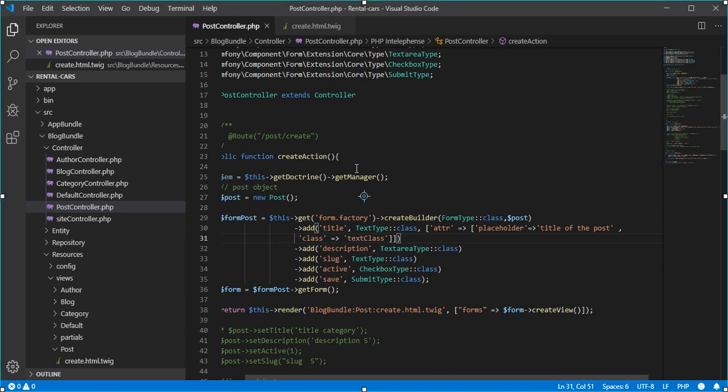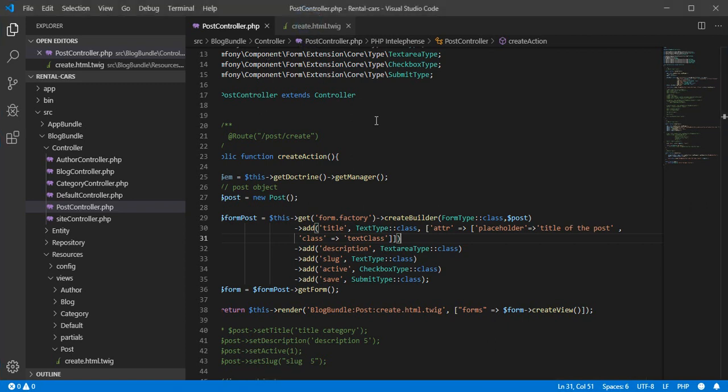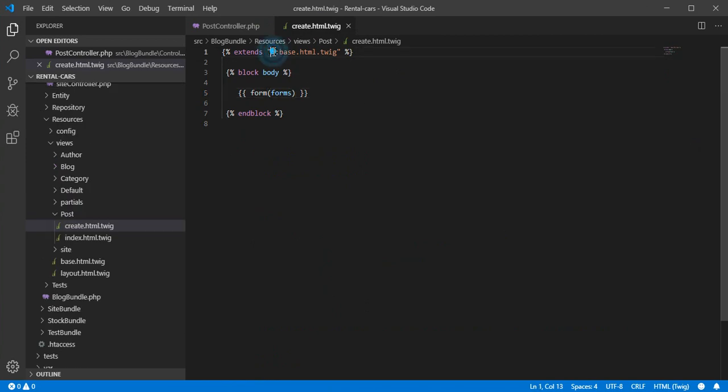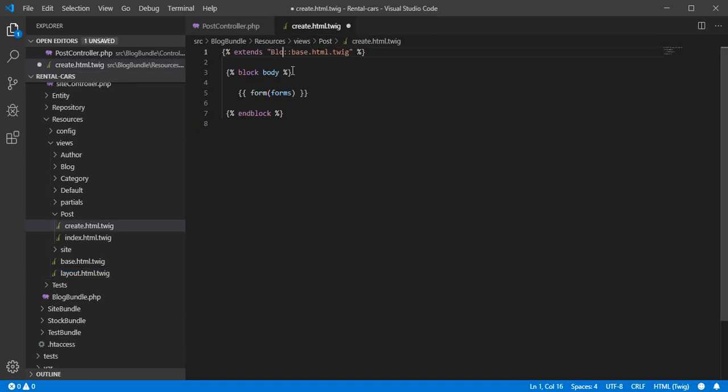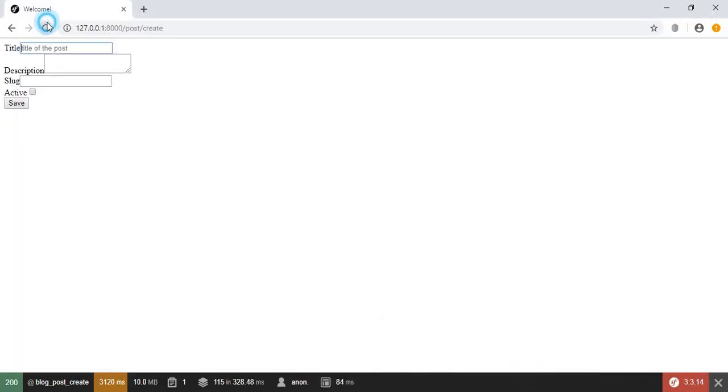Let's see how. First let's go to the Twig, and here let's change this master page, because in this master page we don't have Bootstrap and we want the form to look nice. So here let's change it to this layout, because here we add Bootstrap. Let's click here the name of the bundle, so it's the blog bundle, and the name is layout. Let's save, go to the navigator and refresh,